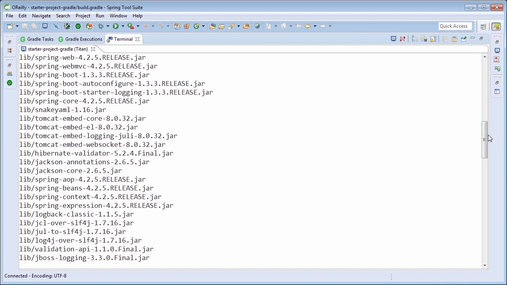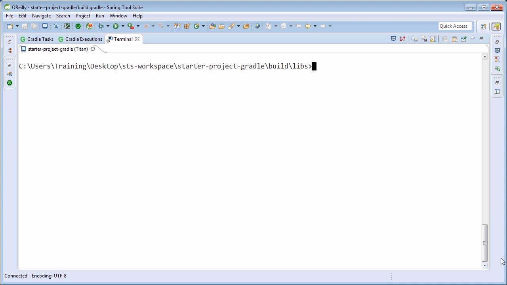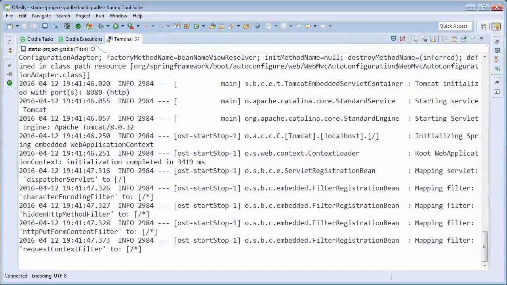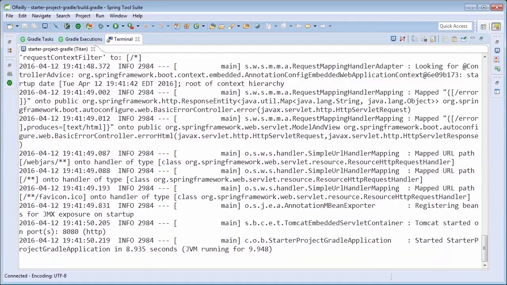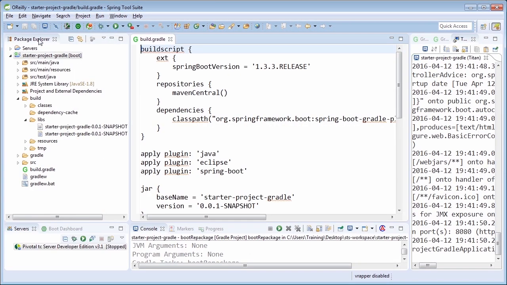Now, this is in contrast to the traditional approach of building out a WAR file, which is then deployed to a standalone container. I'm going to go ahead and clear our console. And then you'll see from within the console, I can use the java -jar command to actually launch our jar file. So here I'm just using basic command line to launch our self-executing jar, and this will launch our application. Now let's return to our console, and what we're going to do now is we're going to look at how